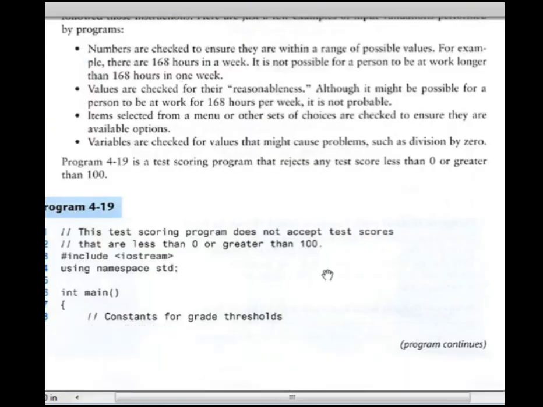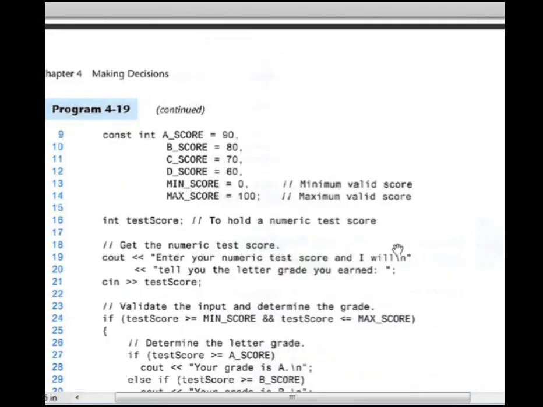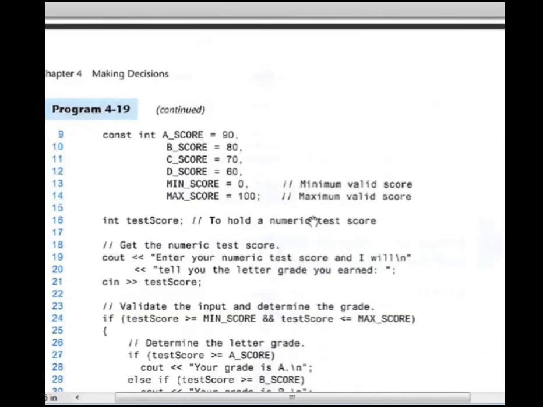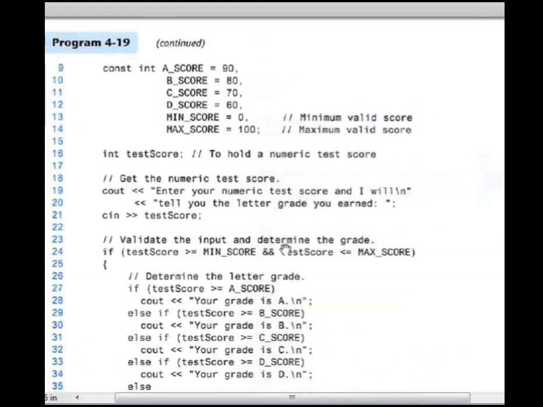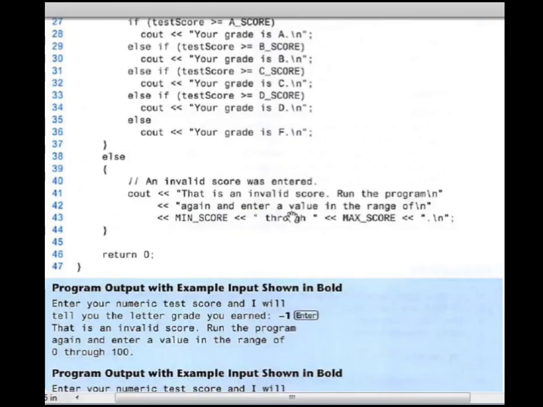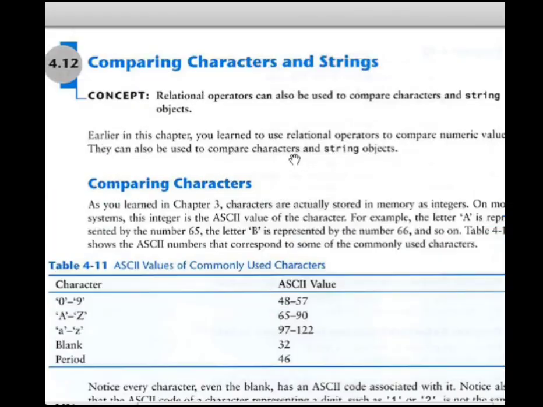वैलिडेटिंग यूज़र इनपुट, ये भी हम काफ़ी पहले से इसकी बात कर रहे हैं कि यूज़र की जो भी इनपुट आ रही है उसको वैलिडेट करना है। तो यहाँ पे मीन स्कोर 0 है, मैक्स स्कोर 100 है, किसी टेस्ट के स्कोर की बात हो रही है, और अगर वो ग्रेटर देन इक्वल टू मीन स्कोर है, लेस देन इक्वल टू मैक्स स्कोर है तो तभी वो वैलिड है, तभी उसका ग्रेड कैलकुलेट होगा। अदरवाइज अगर 0 से छोटा स्कोर एंटर कर दिया या 100 से बड़ा स्कोर एंटर कर दिया तो यह मैसेज डिस्प्ले होगा, which will indicate to the user कि आपने एक इनवैलिड वैल्यू एंटर की है। वैलिड वैल्यू 0 से लेके 100 की रेंज के अंदर है, उसके अंदर एंटर करें।